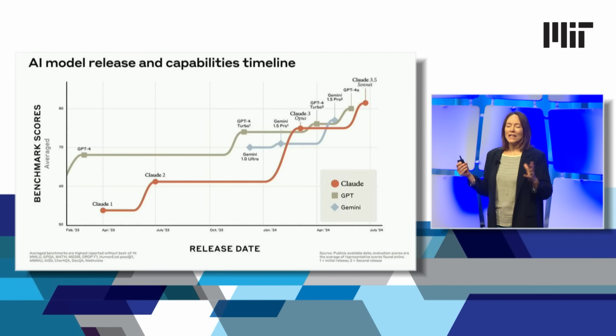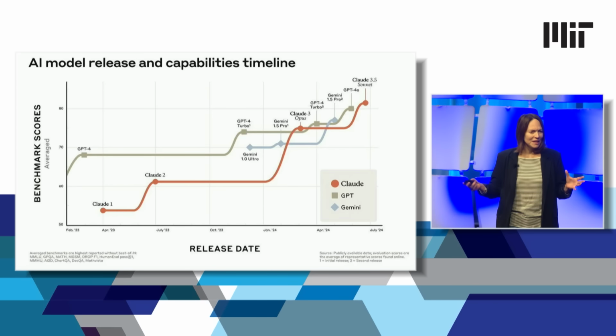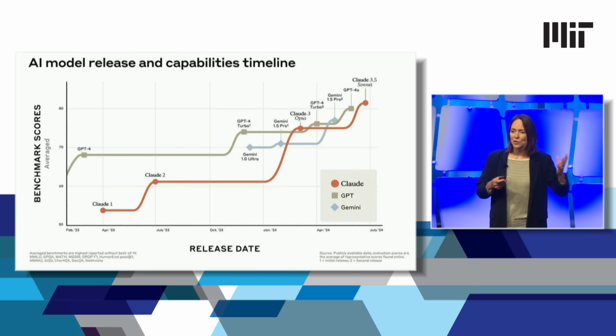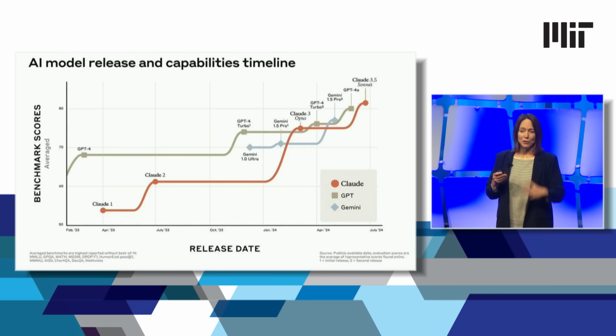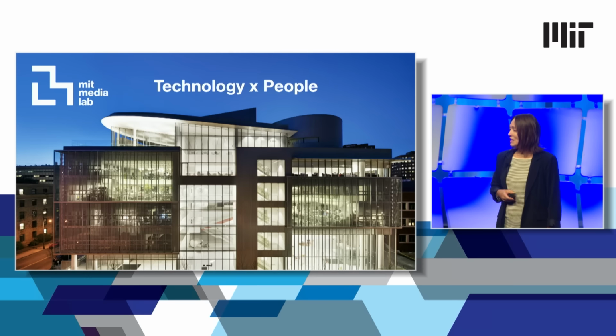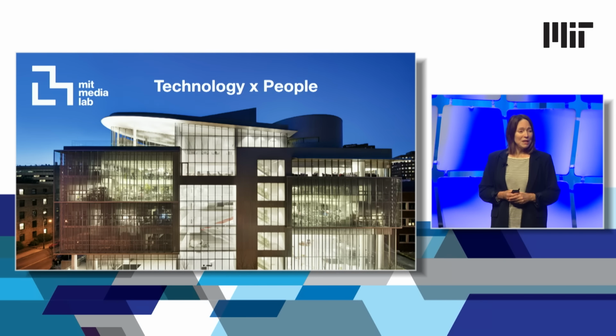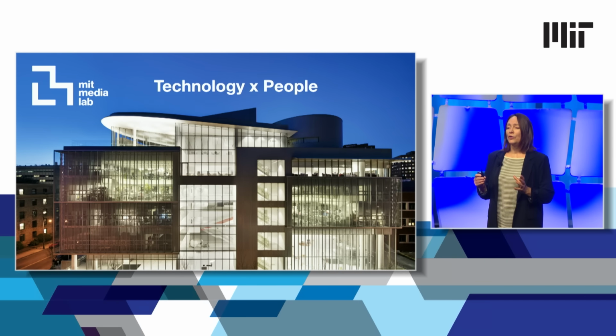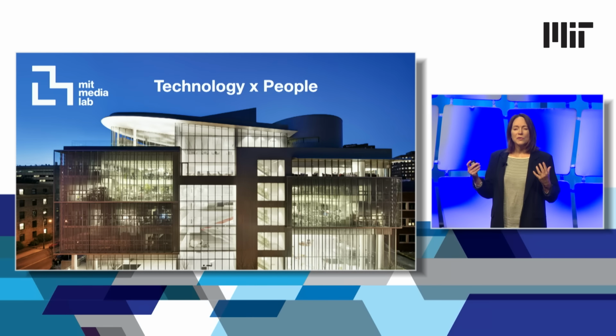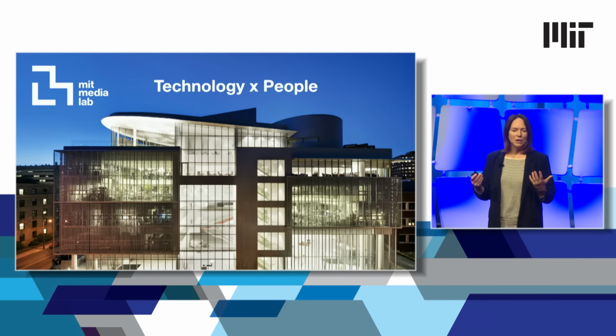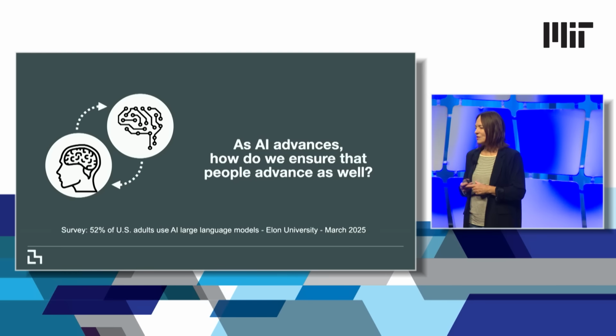So we're all used to seeing graphs like this of AI's capabilities improving over time. This doesn't even show the last year, and Yann LeCun just told us how we're going to reach a lot further heights. But I work at the Media Lab, and we focus on what technology does to our human lives, how technology affects the way we live our lives, the way we learn, work, take care of our health, communicate, relate to others, and so on.